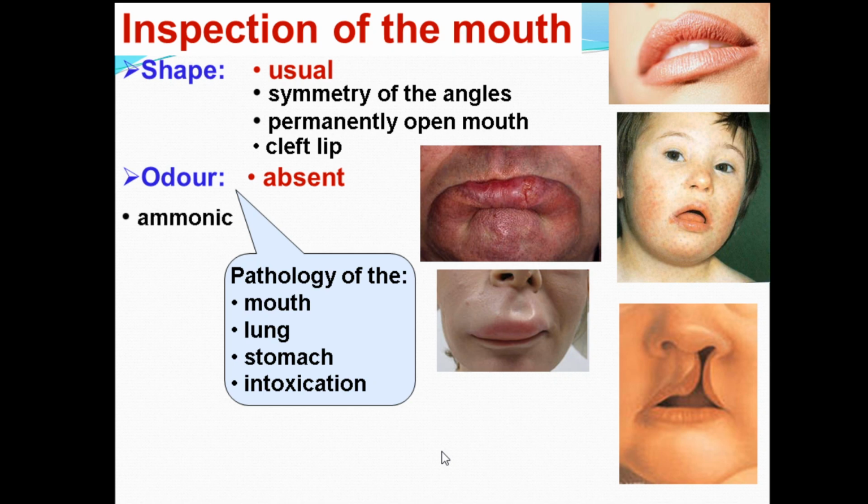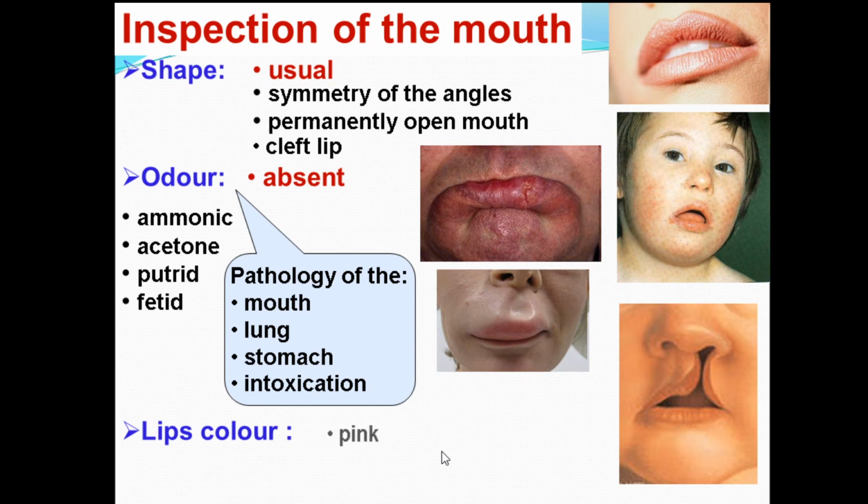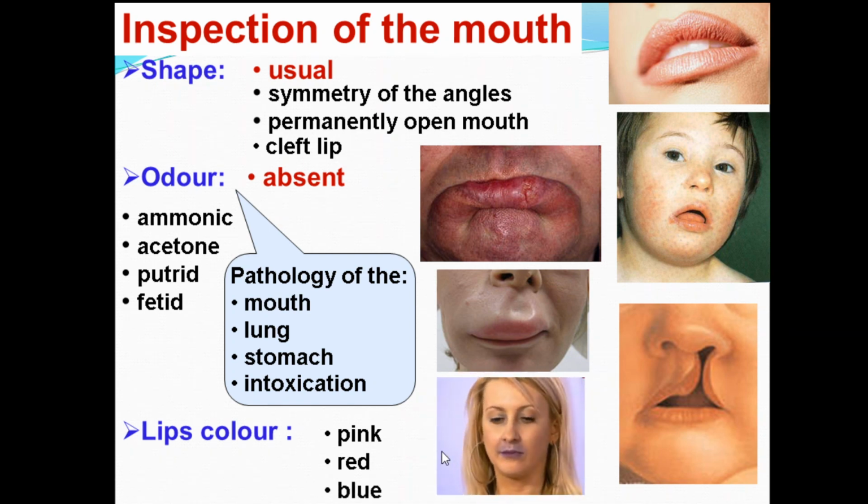For example, maybe ammonia odor from a patient with renal insufficiency, acetone odor from a patient with diabetes mellitus, putrid odor due to putrid inflammation or significantly disordered digestive process, fetid odor, or any other specific odor. We'll pay attention to the color of lips, which normally must be pink. In pathology may be red, bluish, gray, depending on